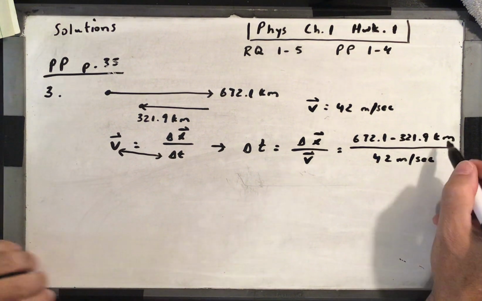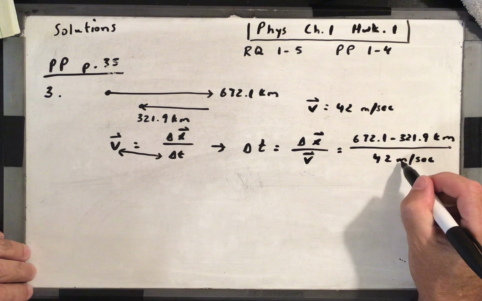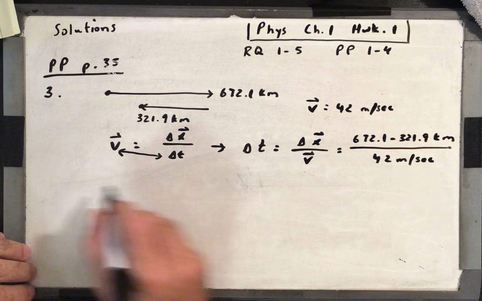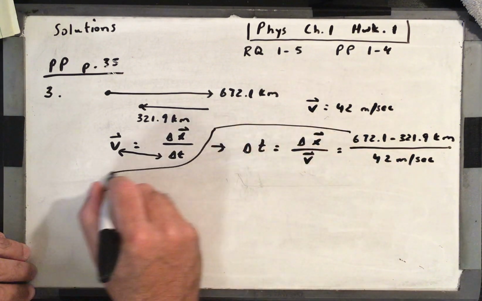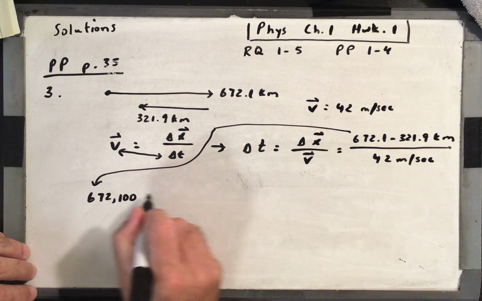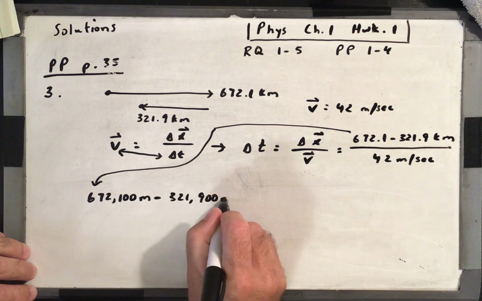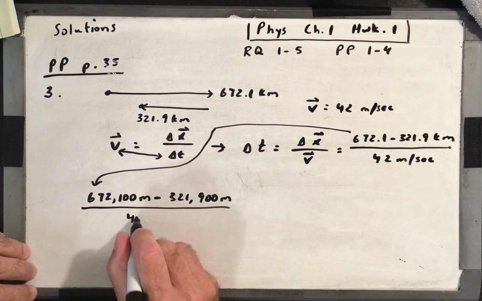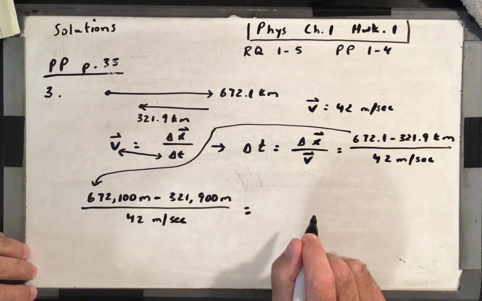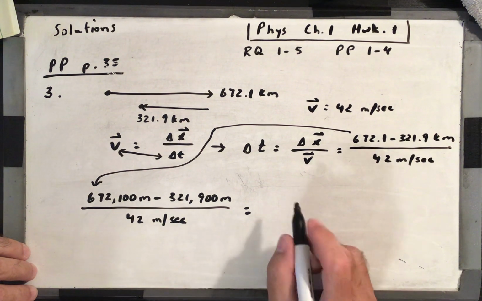All right, so we've got an issue here that I kind of forgot to do. We need to change either this to kilometers or this to meters. So I'm going to go ahead and change that to 672,100 minus 321,900 meters over 42 meters per second. Got to be careful with those units. Luckily, I caught it. So that is going to be